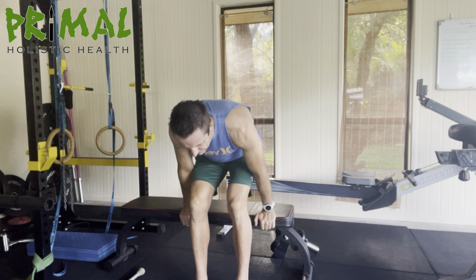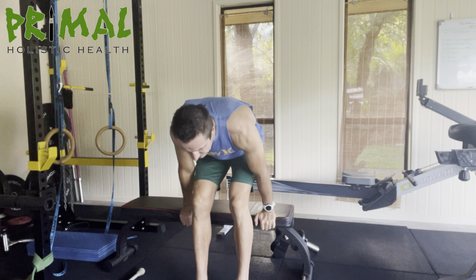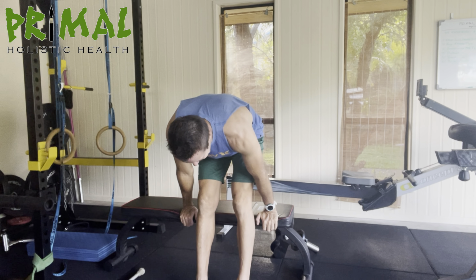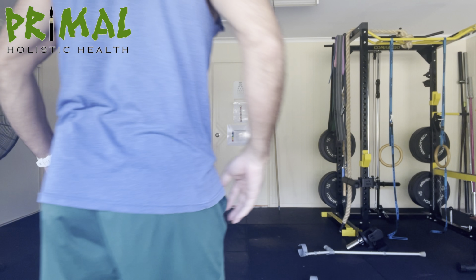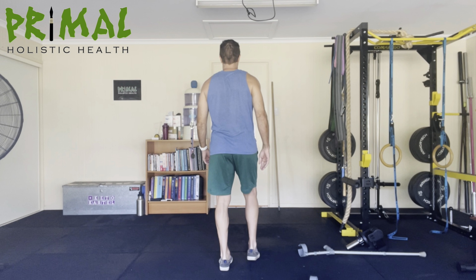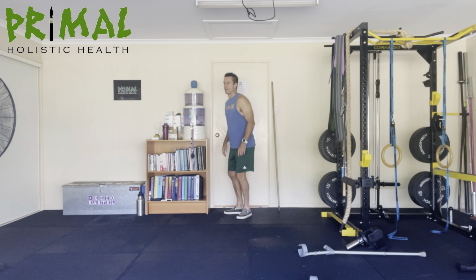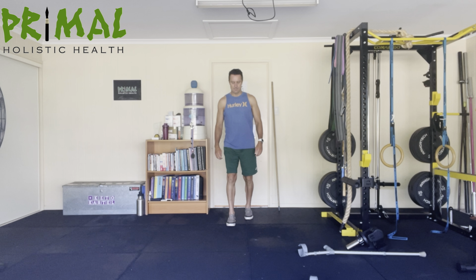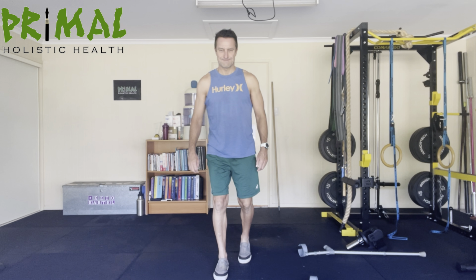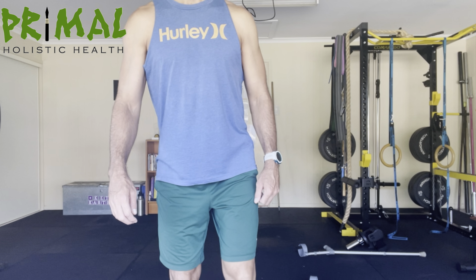But this here, this sort of modified version, feels pretty good. It's putting more force through the posterior chain, the hamstrings, the calves, the butt. So that's another version that I'm doing there. And then it's just felt really good to be able to walk, to get rid of the crutches. It looks like I'm a penguin, and you can have a bit of a laugh, but almost lost it there. But it's felt really good just to be able to actually stand and not rely so much on the crutches